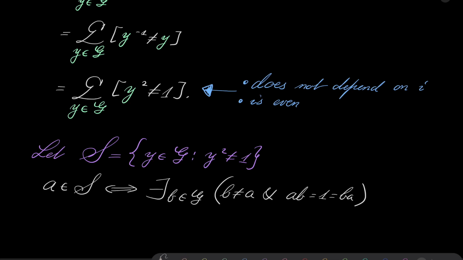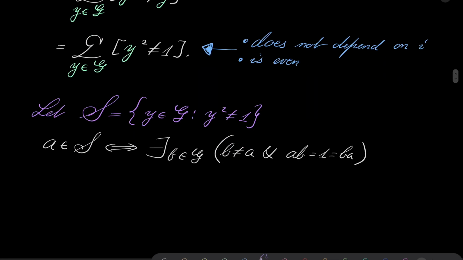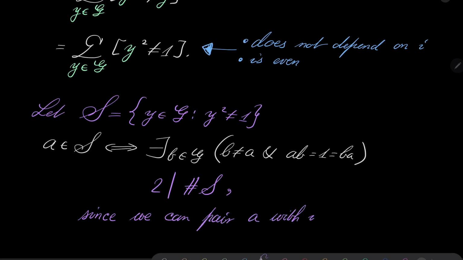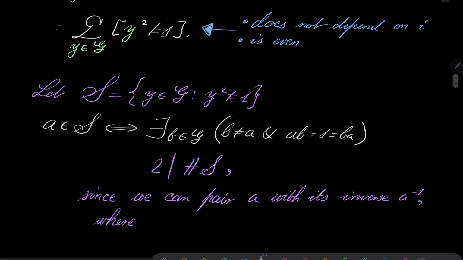And every number can be paired with its inverse, which proves that this is even, since we can pair A with its inverse A inverse, where A is not equal to its inverse. So I have justified that the sum of any row stays the same and is even,